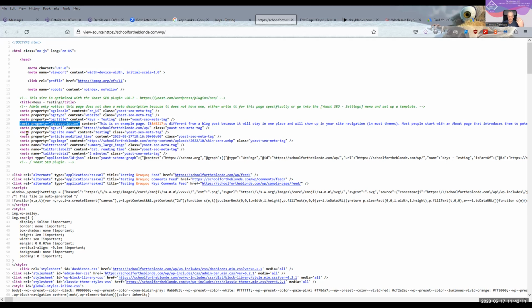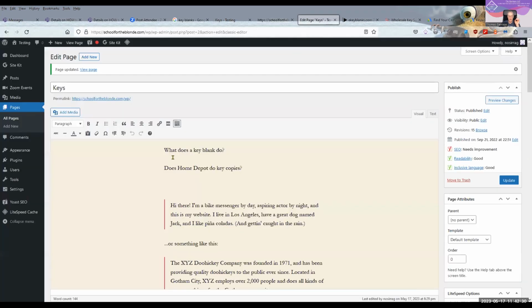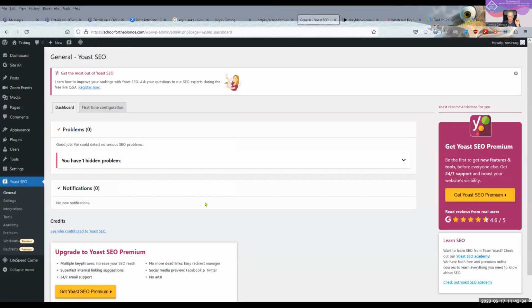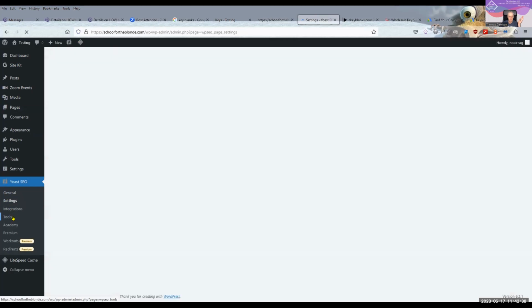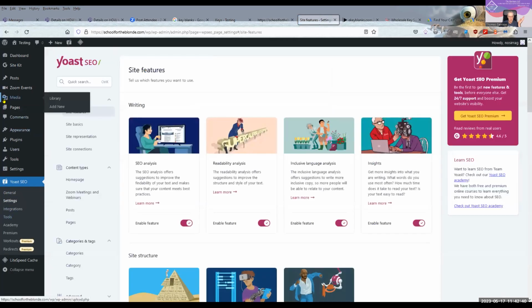If it was a meta tag for keywords, it would say meta property equals, and then you would see keywords in there. Title is always the title of the page. So you want to work from inside. And of course, you can go to your SEO plugin, Yoast, or whatever you have, and create all your settings.